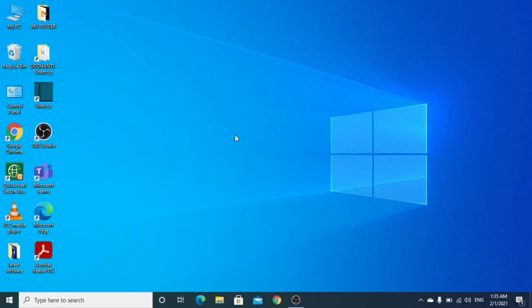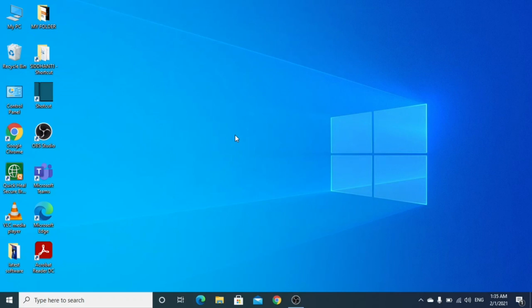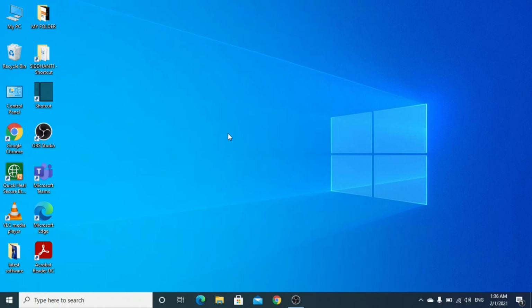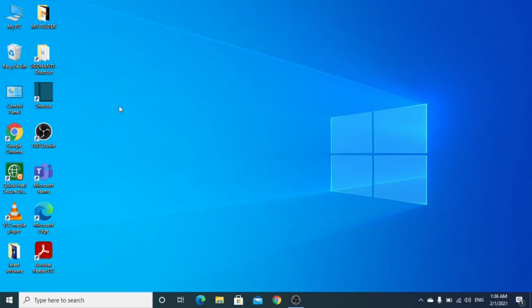Your PC, Windows PC, desktop, laptop, computer, to speed up and boost its performance. Yes, I'm sure that these methods will definitely boost the performance of your Windows PC and speed it up. You will be amazed that, oh, my PC is now running so fast. So to speed up your computer, I'm going to tell you some special tips and methods which you should definitely try if you are using the Windows operating system.